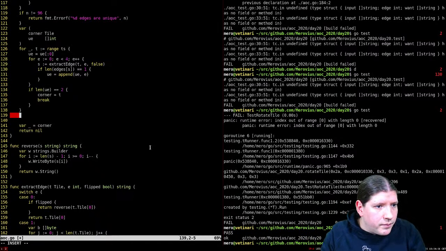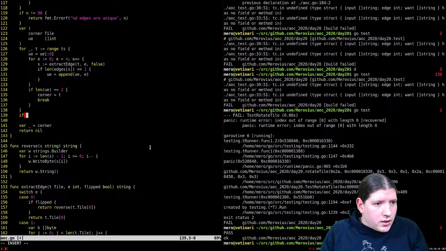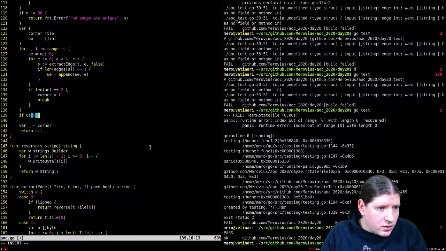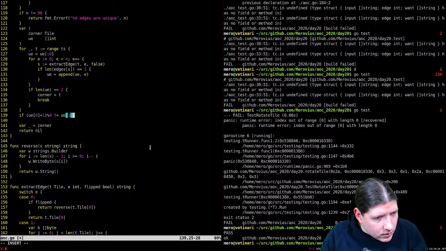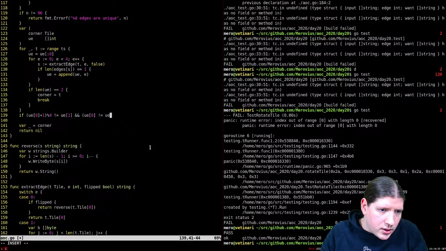So if UE0 plus 1 mod 4 is unequal UE1, and UE0 minus 1 is unequal UE1 plus 1 mod 4,